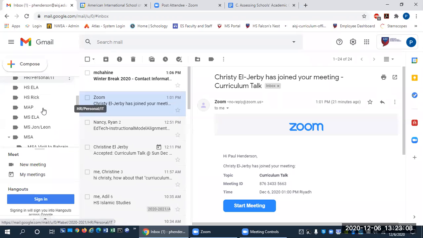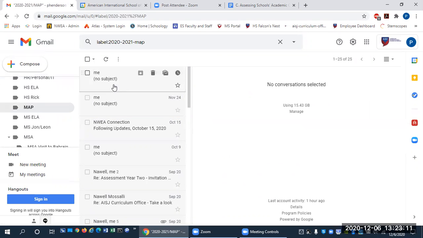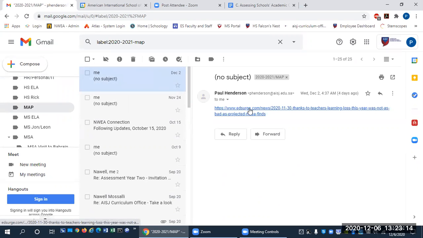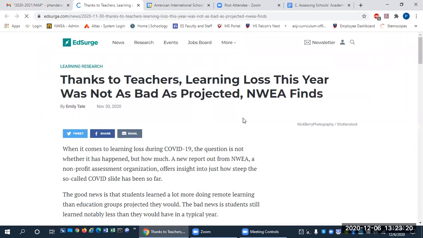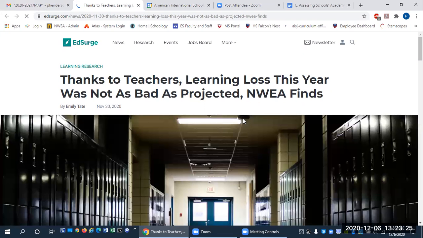That's great. It sounds like initially we're on track. Yeah. I'm going to put up on the screen something I just saw the other day. It said, early results are showing that thanks to the teachers, kids are doing okay. Now this is NWEA, so that's MAP. That comes from very small samples of schools that are still trying to find a way to get their MAP in. And the early MAP results are showing that, at least for reading, if you read the fine print, it's reading more than math, schools are doing A-okay.